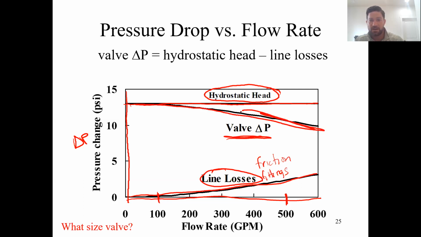This curve right here is the valve delta P, and I know this is looking a little bit messy, but I'm just trying to highlight this curve. This is what we care about for selecting the control valve. For the first thing, a general rule of thumb is that if we have a hydrostatic head, or if we have a constant pressure generated in the system, we'll benefit from using a